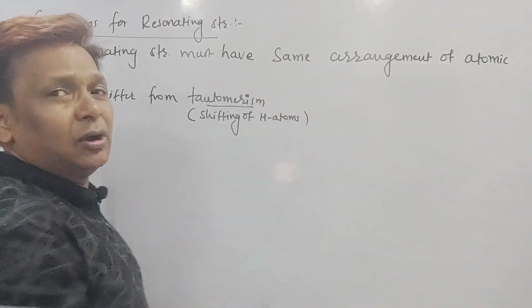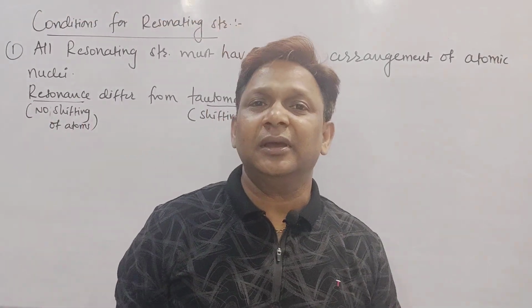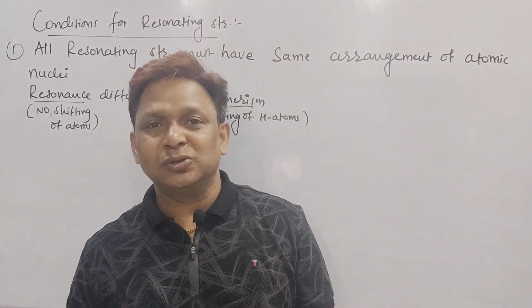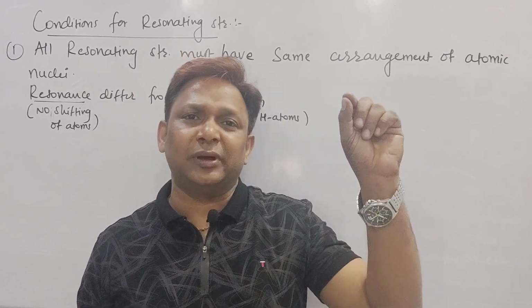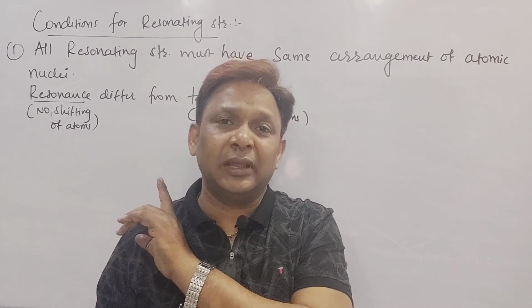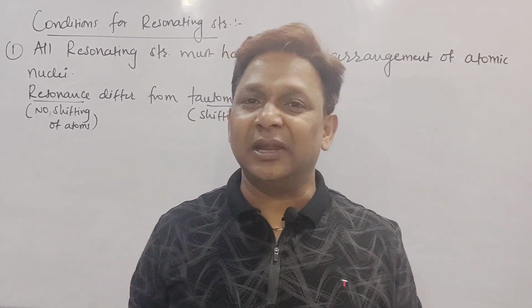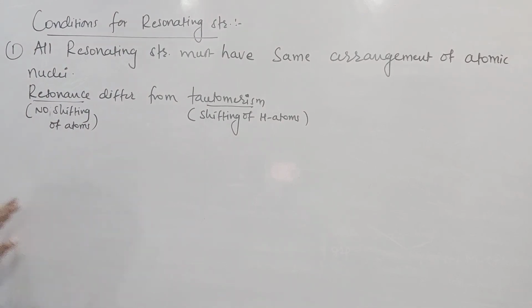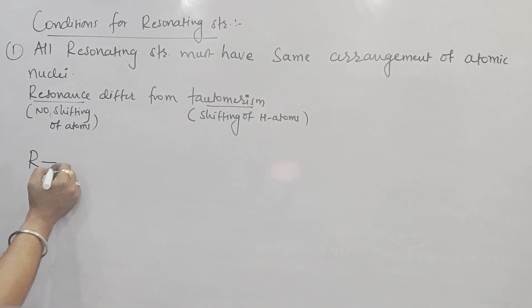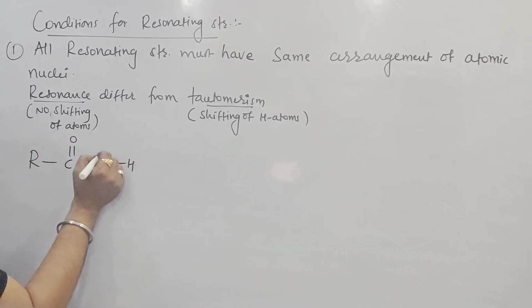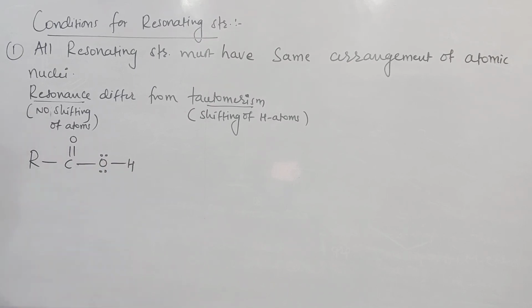If you have seen that video about isomerism, once you check it, in tautomerism there will be a 1,3 hydrogen shift. So an atom can shift from one position to another in tautomerism, but atoms never shift in resonance. Only lone pair, positive charge, negative charge, even the pi electrons can shift in resonance. Right? For example, you can see this one. It is R-C double bond O, then bonded with O and H. It is having lone pair, and here.